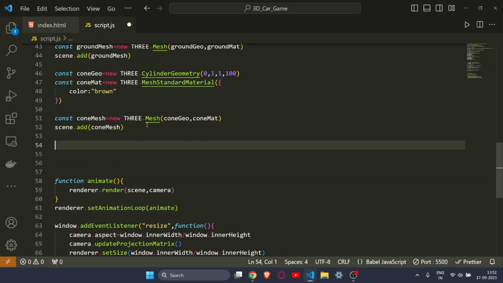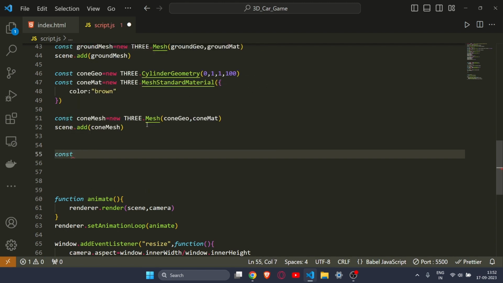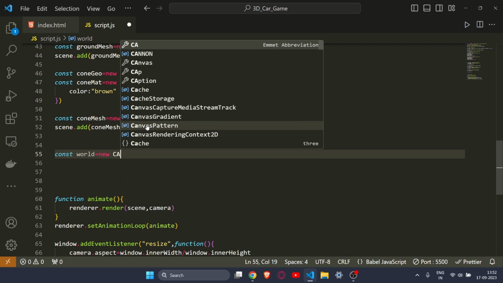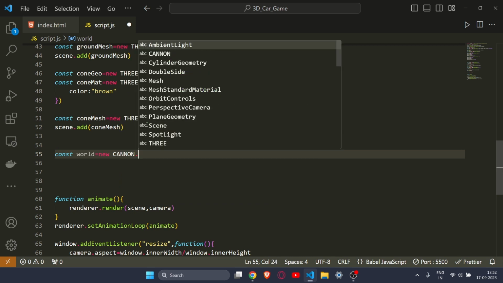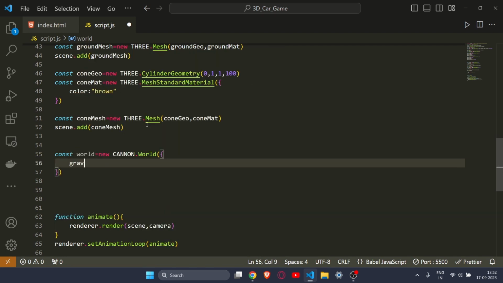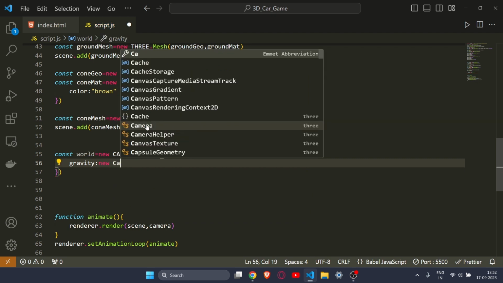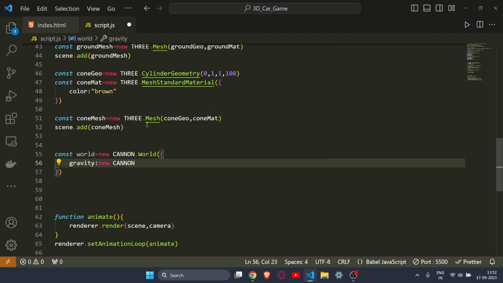Alright, so now it is time to add physics in our Three.js scene. To add physics, we will use Cannon.js. First of all, I will make a variable called world, and then you have to write new CANNON.World. This is our new variable, and it will take some arguments. First is gravity, and then it will be new CANNON.Vec3, because of vector 3,